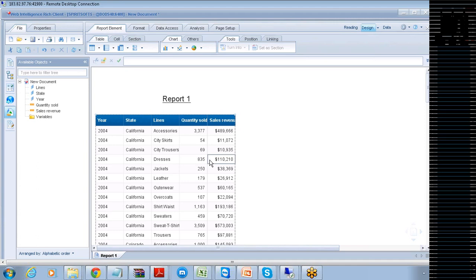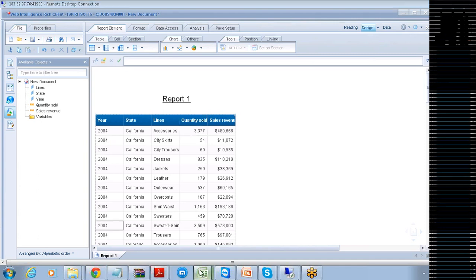No. The only thing we are doing is creating the business queries, and who is converting this business query into the SQL query? Business Objects itself is converting your business query into the SQL query, taking the help of the universe. That's why this particular universe is very important here.